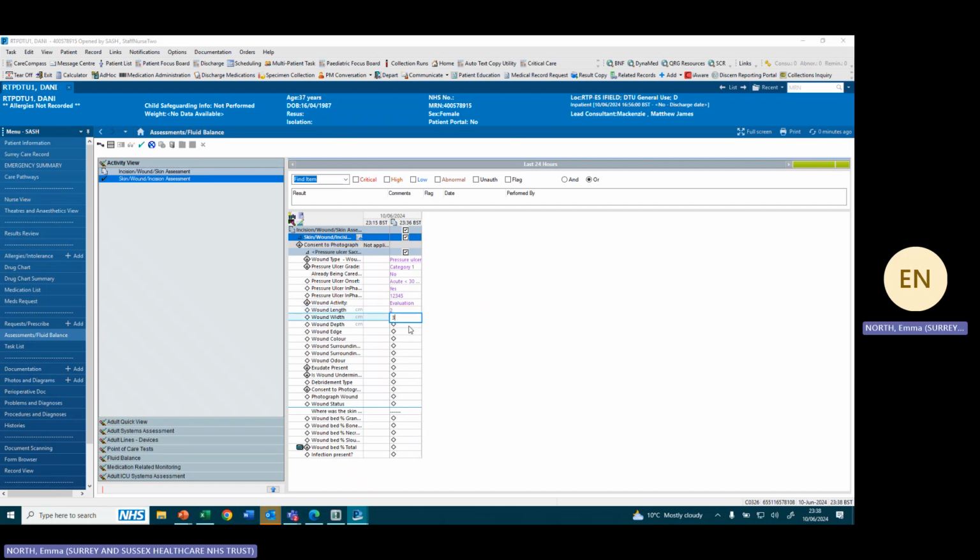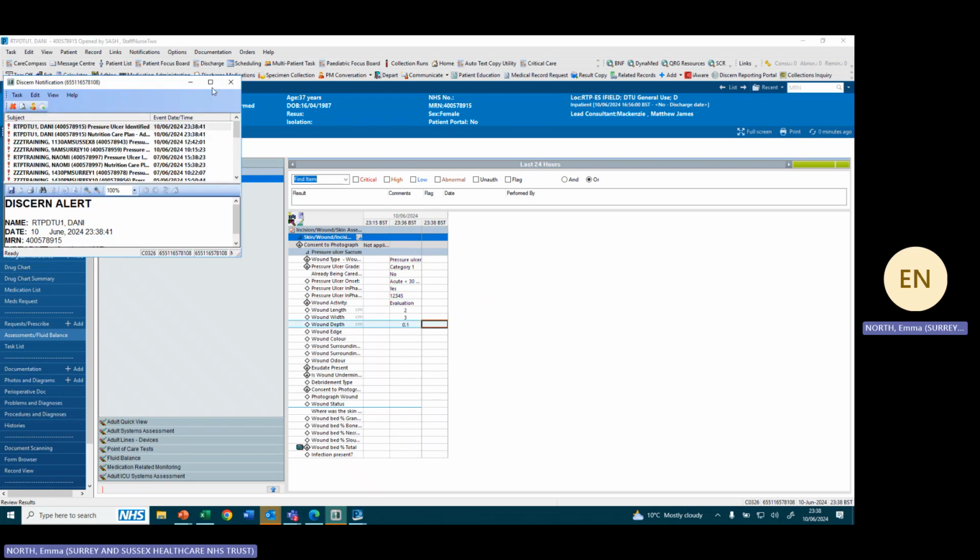And then 3 for the width, and for the depth, we're going to click on 1, 0.1. Okay, so we've got that information there at the moment. Of course, you would also fill in all of this if you were doing this for a real patient. We'll click on the green tick,